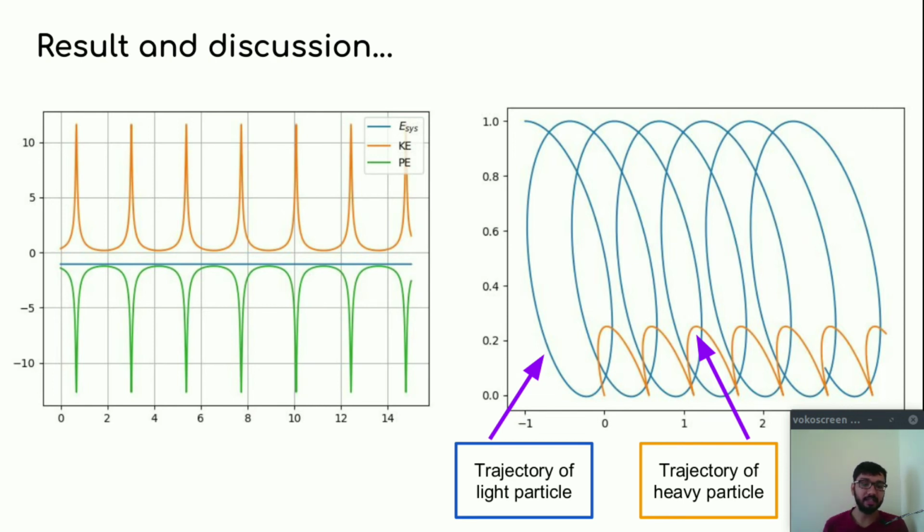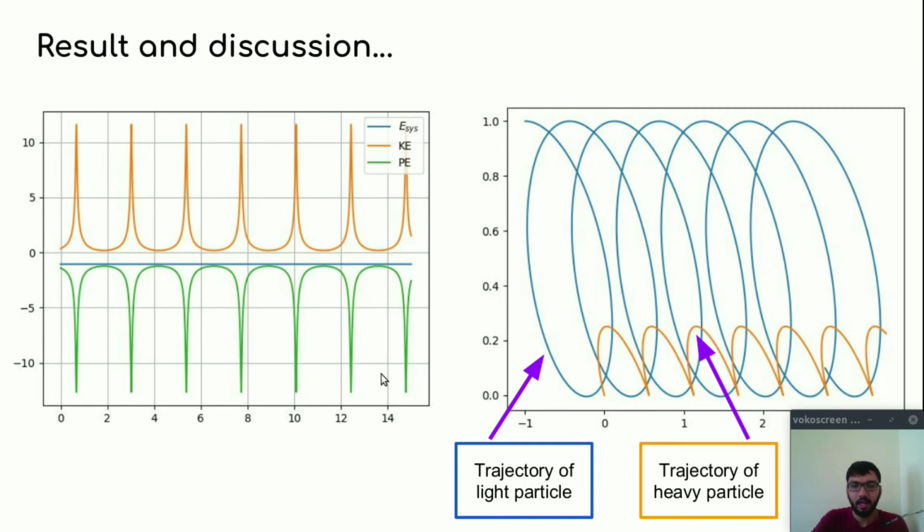Now it is an exercise for you guys to find out what will happen if our heavy particle is 10 times heavier than the light particle. What will happen if our heavy particle is 100 times heavier than the light particle? You will notice that this thing will almost remain constant. So that's an exercise for you guys. You simulate your result. I have uploaded these codes on my GitHub account, so you can easily find them there. So do some exercises and let me know in the comment section what you got.